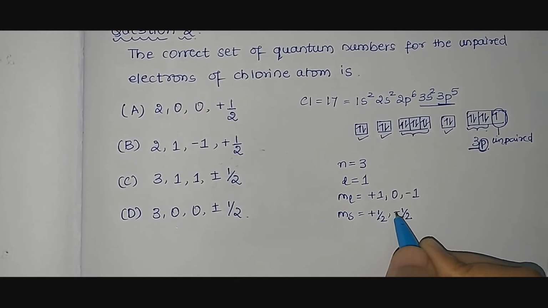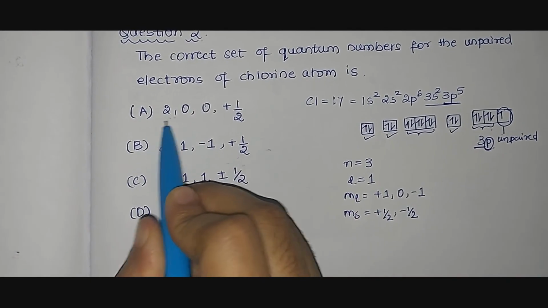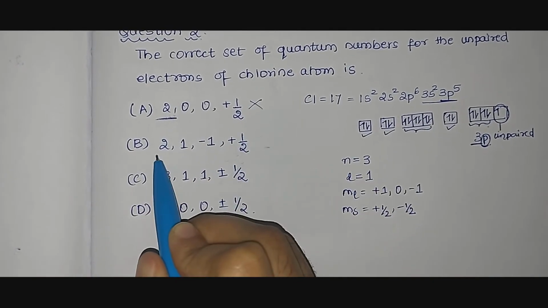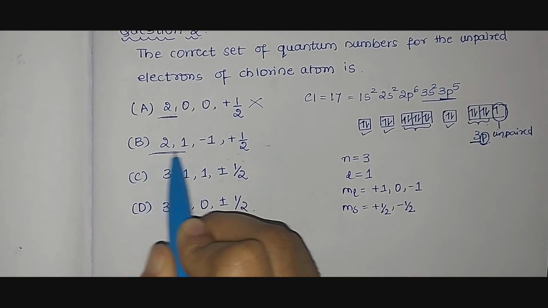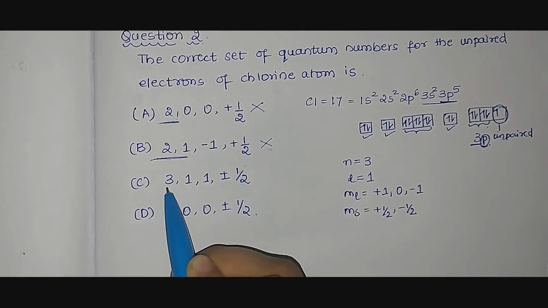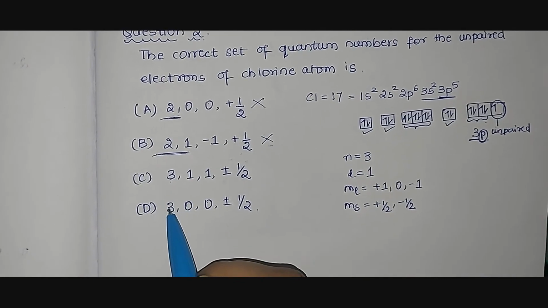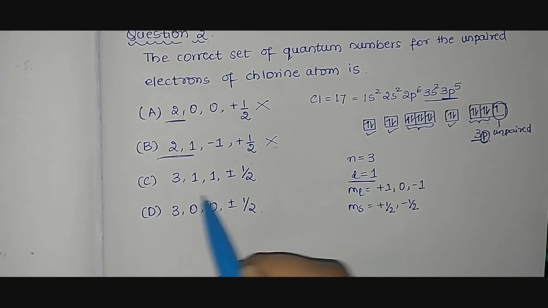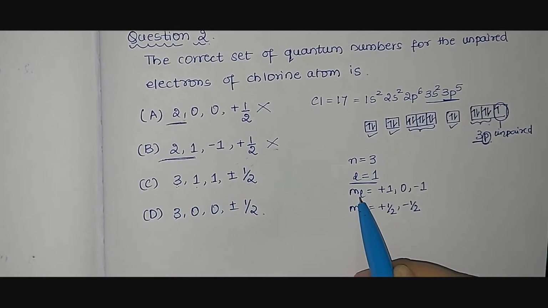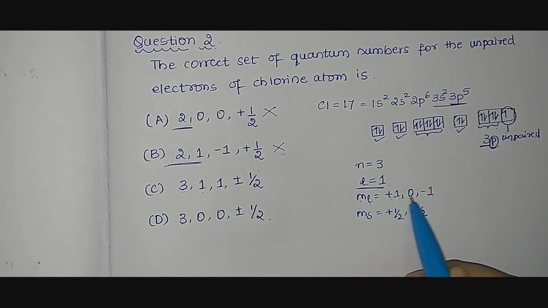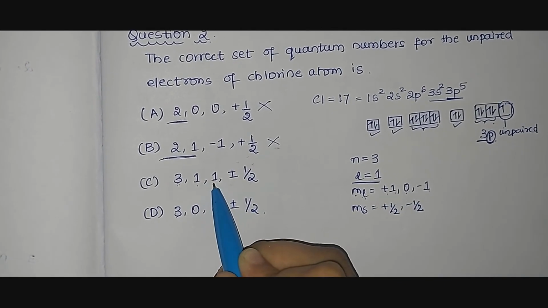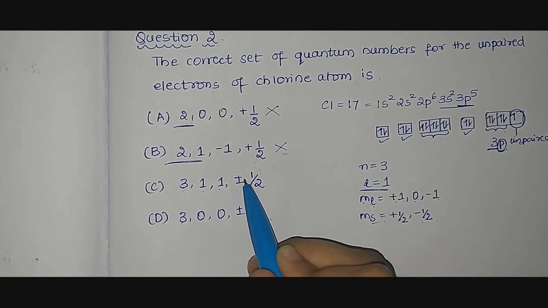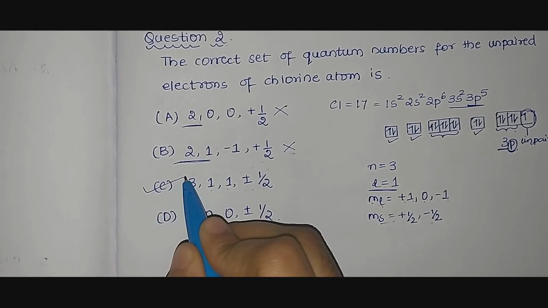So let us go with the options given. You are having here 2 in the beginning, that is principal quantum number as 2. So this is incorrect. Let us go with option B. Even here you are having 2. This is incorrect. In C and D, you can see that you are having the n value as 3. But since it is p orbital, what is the l value? 1. So it should be 3, 1. ml can be any one among this, plus 1, 0 or minus 1. So here it is plus 1. And spin quantum number is either plus half or minus half. So here plus or minus half. So the correct answer is answer C.